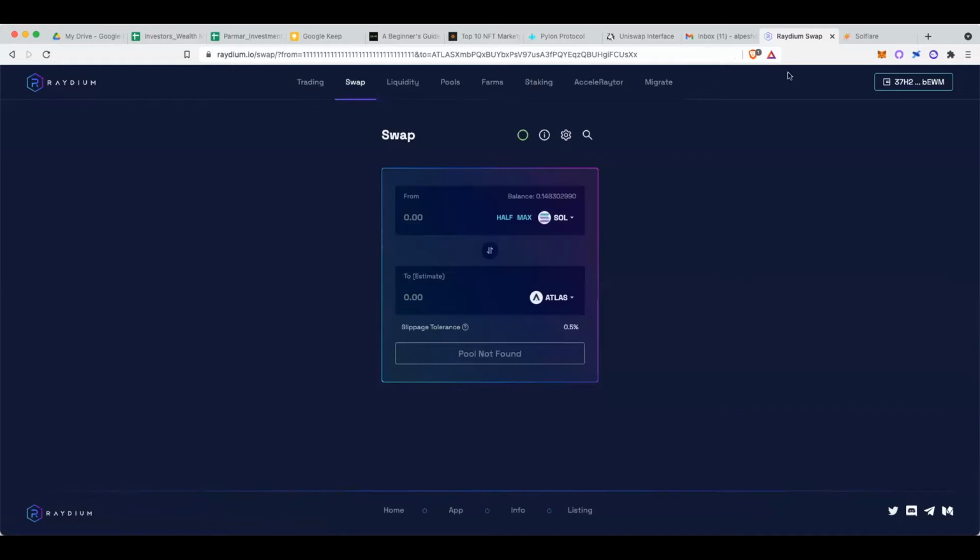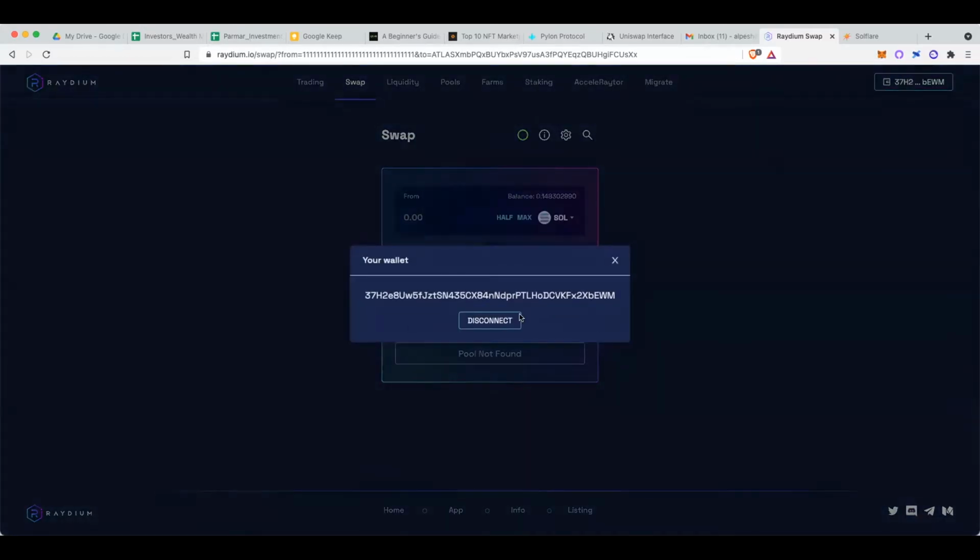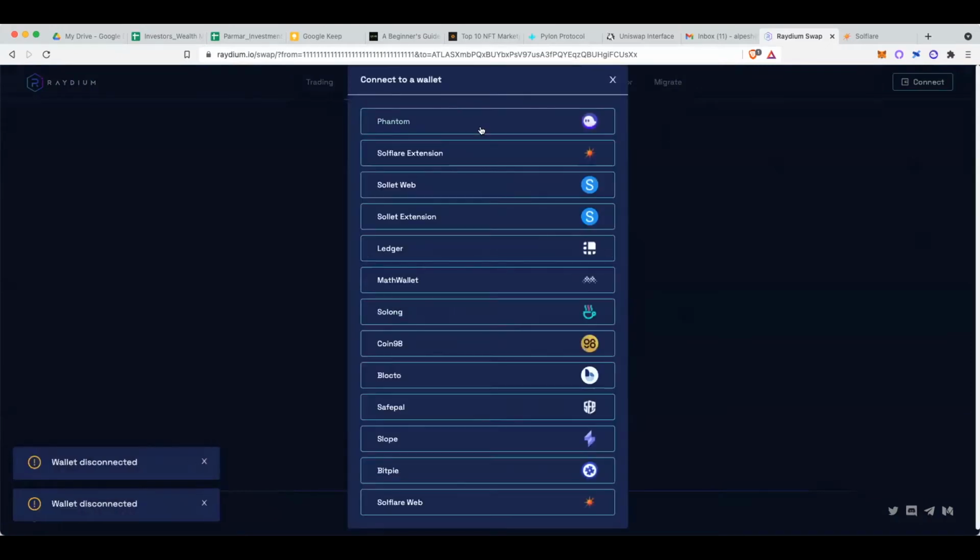So first things first, you go to raydium.io. It will ask you to connect to your wallet. I'm going to disconnect from my wallet. And here is what it supports. It supports Phantom, Solflare extension, Sollet Wave, Sollet extension, Ledger, Math Wallet, Solong, Coin98, Blocto, SafePal, Slope, BitPie, and Solflare Web. But nowhere could I find either a BSC, Binance Smart Chain wallet, a Polygon related wallet, or the most used and